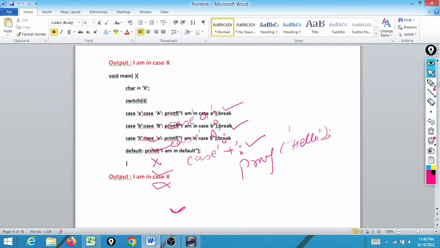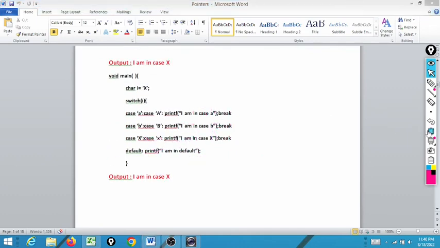One more thing, here braces are optional, whether it's a single statement or two statements. You can use braces here or you can drop them. I have forgotten to put a semicolon here after break.